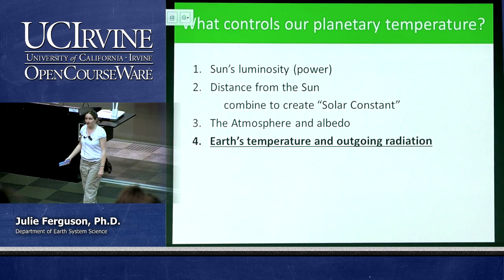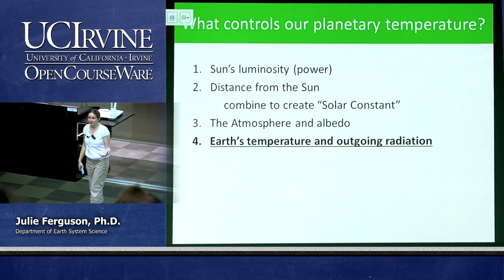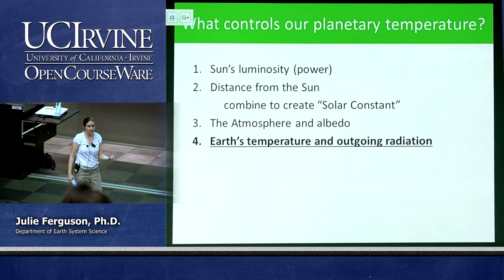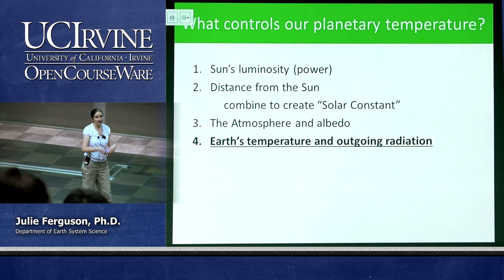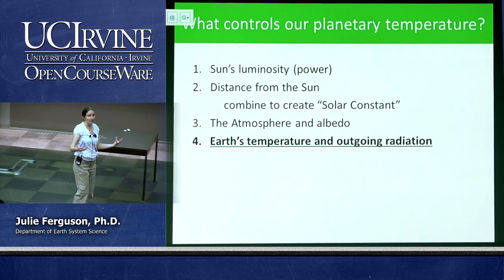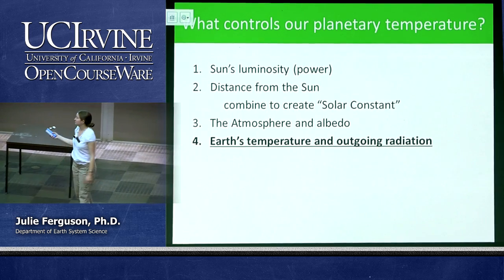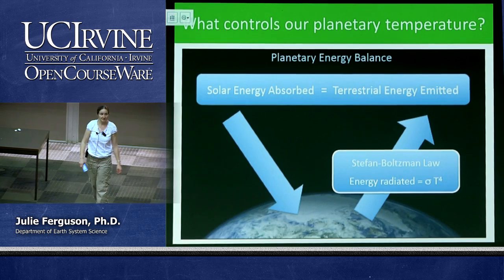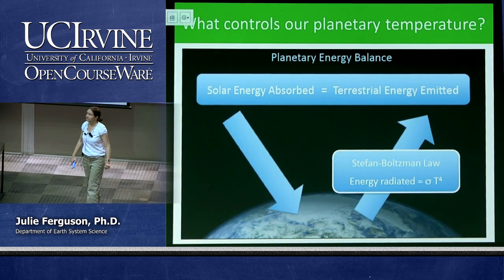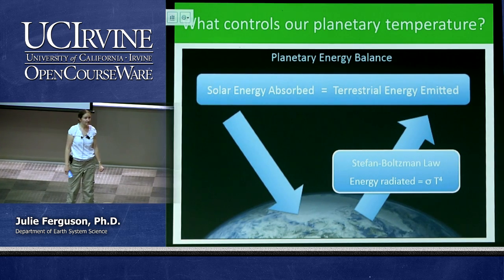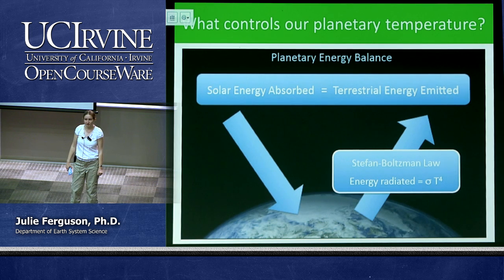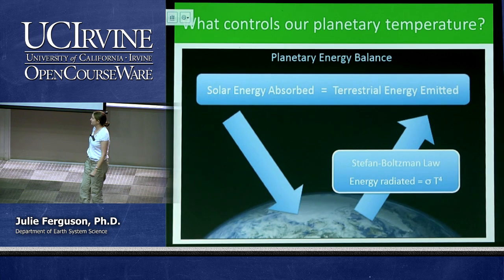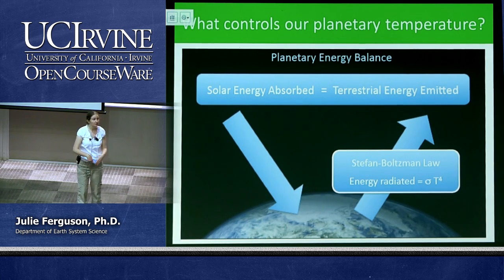And so the fourth thing that affects our planetary energy balance isn't something we can really control that much. It's the fact that because Earth has a temperature, we are also emitting radiation, okay? And the key thing is that that is in balance. So whatever we're absorbing, the solar energy absorbed, okay, that 70% that's coming at us, is equal to the energy